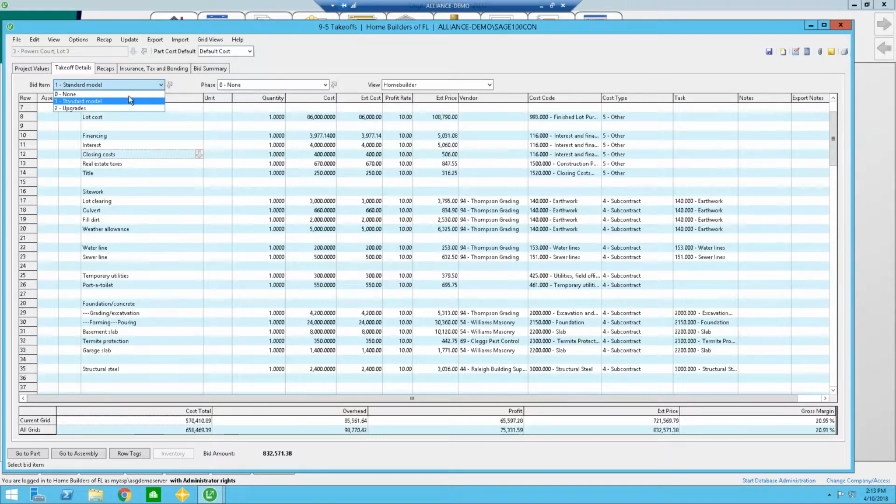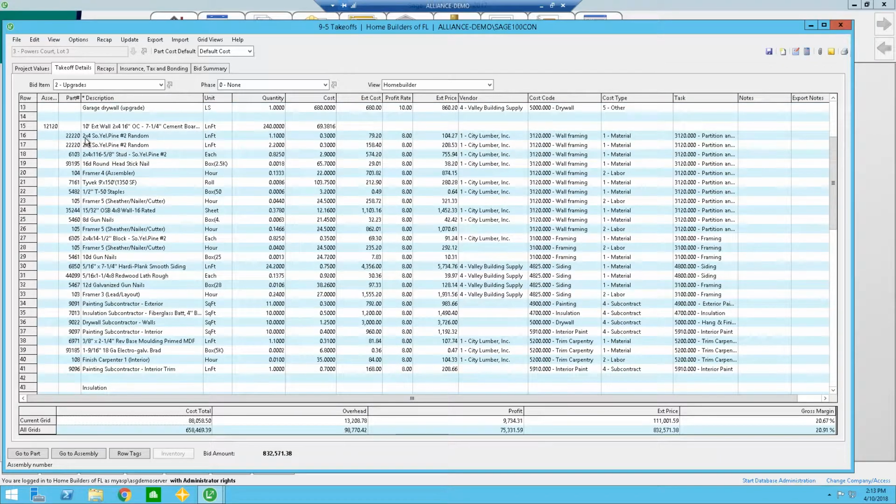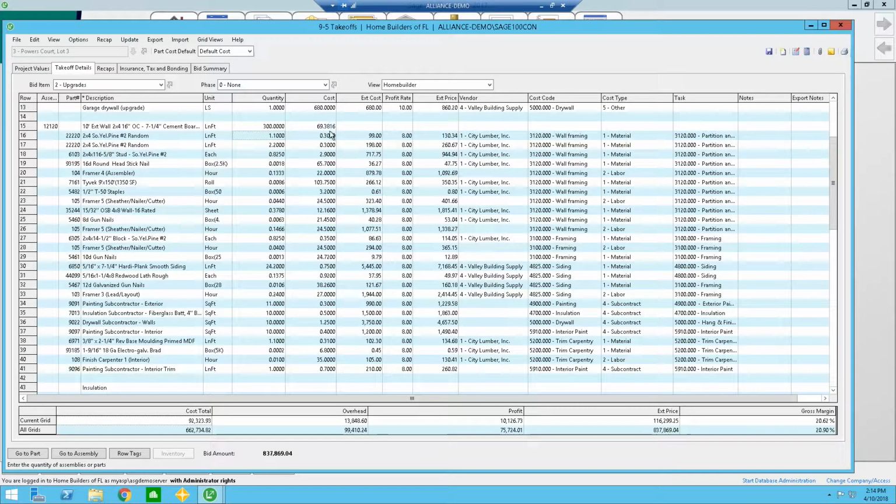Now, I may want to get a little bit more sophisticated in my estimating and use what we call assemblies. And I've pulled up an assembly here, where here I've got an assembly for doing an exterior wall. It's got materials, it's got labor, it's got subcontractors. And I've gone through and calculated what it's going to cost per linear foot. And each one of these has a formula tied to it. So when I update my linear feet and calculate this,